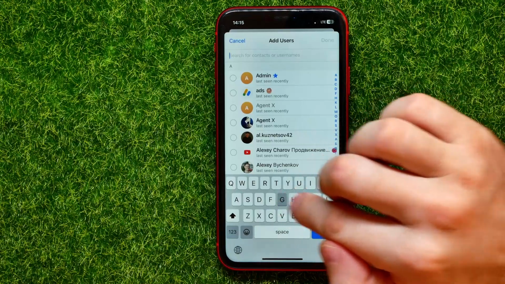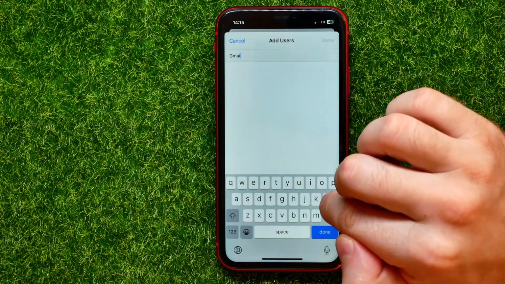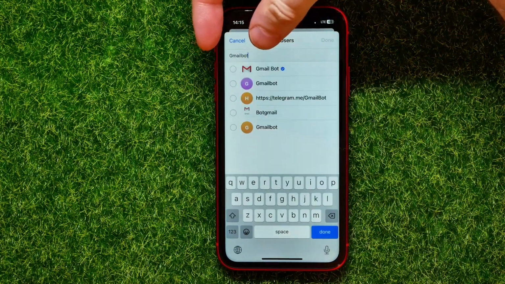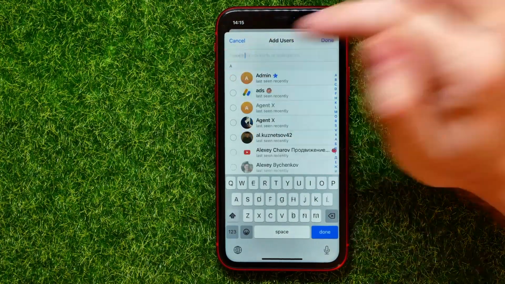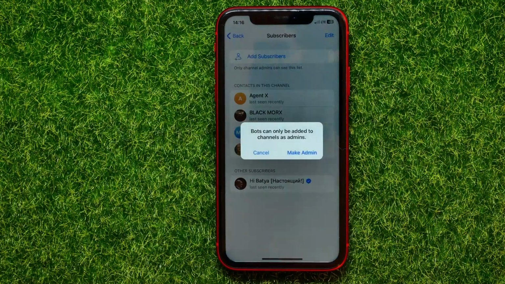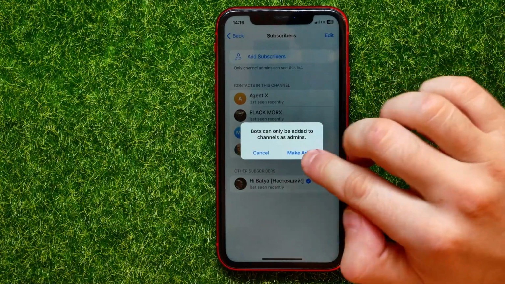I know a good bot, it's a Gmail bot, so I'll just type in Gmail bot. That's the username of the bot. Here it is. I can check mark it, and then I can hit on done to add that bot to that channel. Now it says that bots can only be added to channels as admins, so now I can hit on make admin to make that bot admin on my channel,